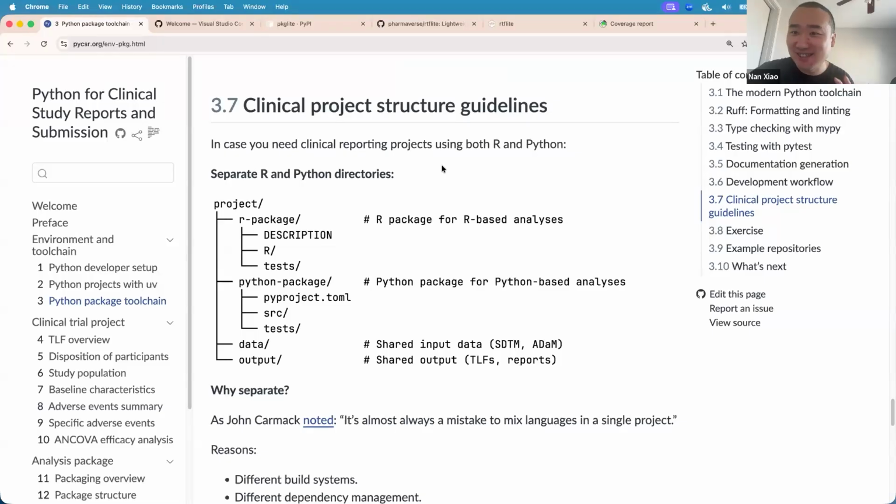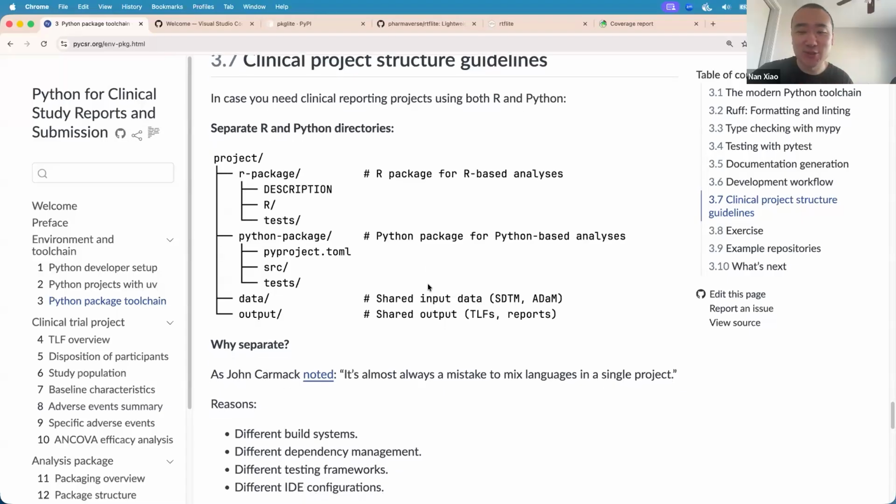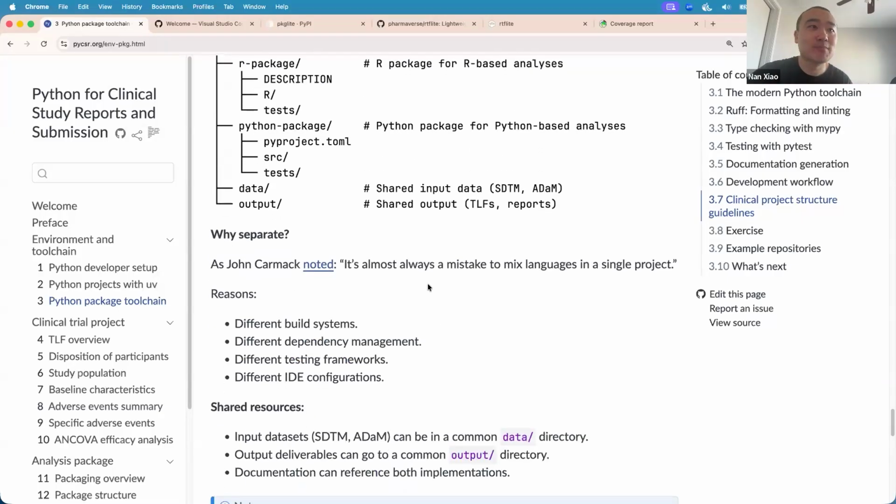If you ever need that, you should consider separating them into different directories, although they can share input and output directories. That way you can separate the concerns and how you operate on different packages.